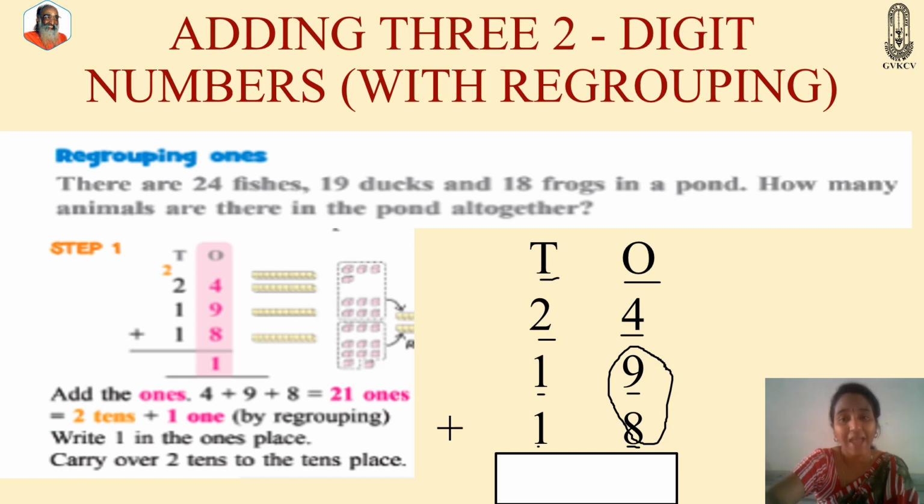To this we have to add 4. So keep 17 in mind. Take 4 fingers. After 17 comes 18, 19, 20 and 21. So under ones I'll write 1 and 2 goes to tens. In regrouping ones, the carried over number goes to tens, right? So I will write 2 on top of tens.